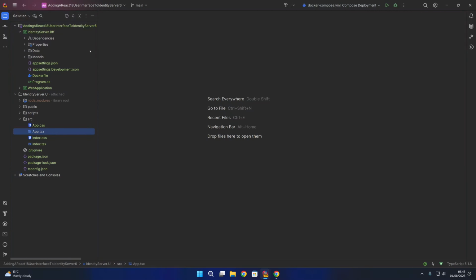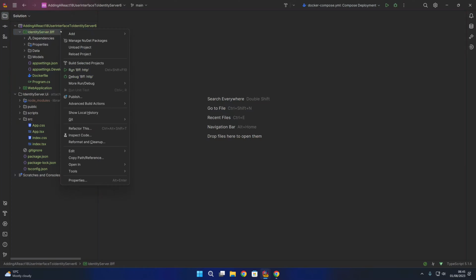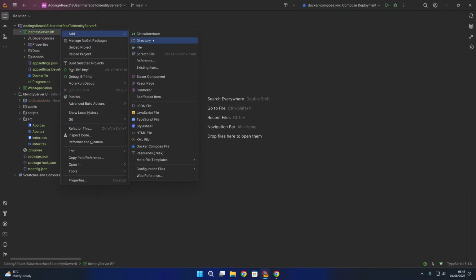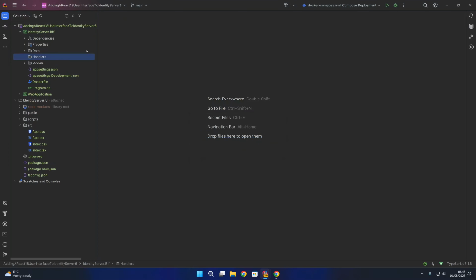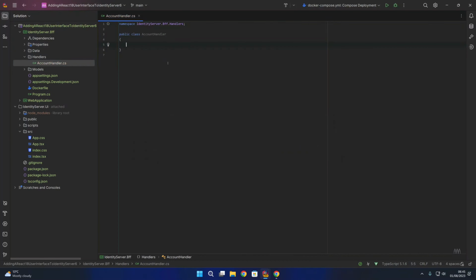So what we're going to do first of all is right-click IdentityServer.bff. I'm going to add a new directory called handlers, like so. And inside here, I'm going to add a new class called account handler. And this account handler is going to contain our login method and our logout method, or our endpoints, as you